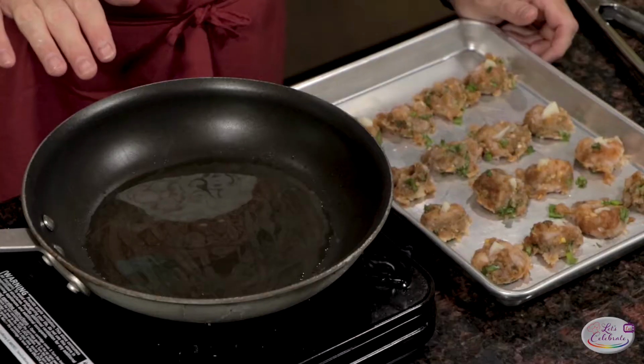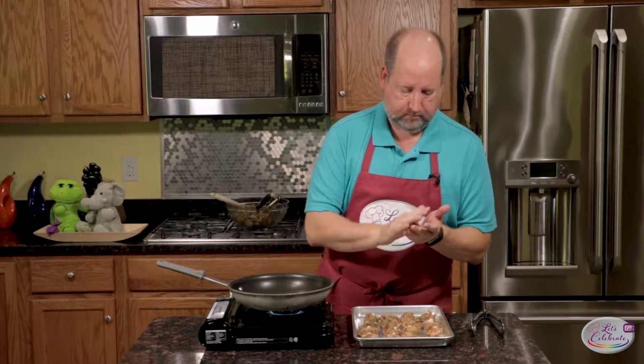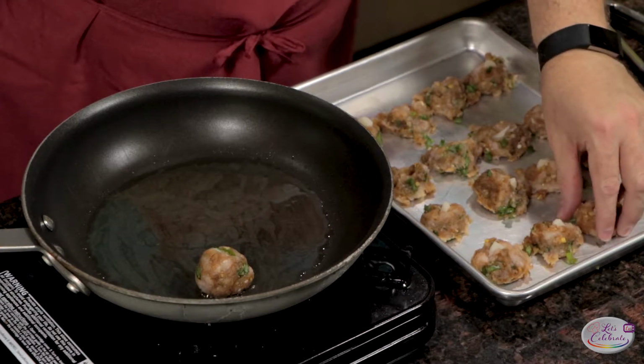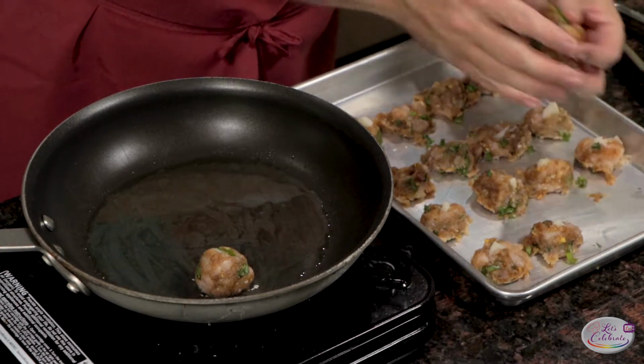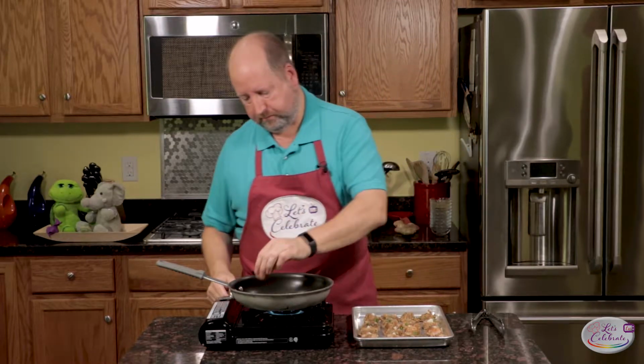All right, here we are ready to brown our meatballs. In my pan, I've got a couple tablespoons of olive oil just heating nicely. I'm going to take each little meatball, give a little roll with your impeccably clean hands to get back to that meatball shape. Carefully place it in, and that's what you like to hear, that sizzle. We're really just browning these. This will take a couple of minutes,